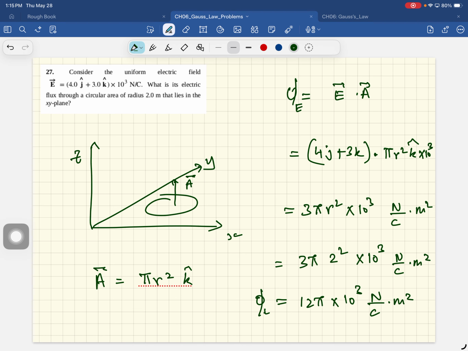Okay, so this will teach you an important point, coulomb squared and newton meter squared. This will become 10 to the power 6, and 4 divided by